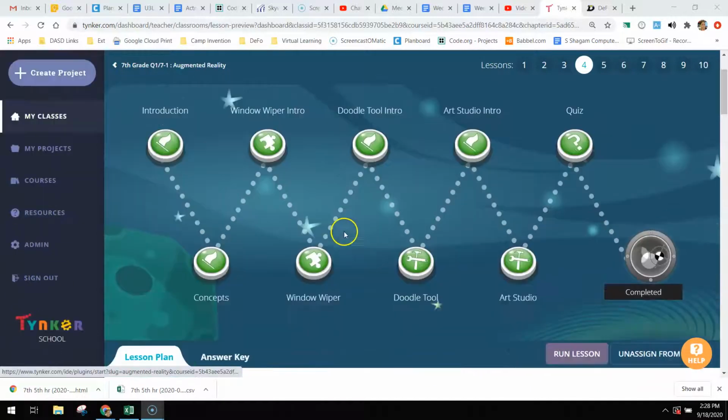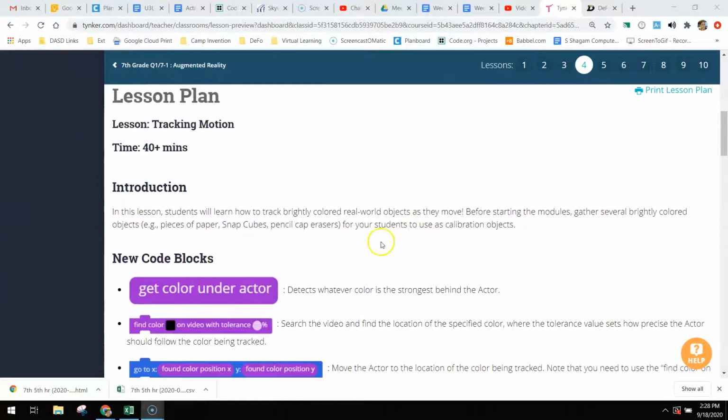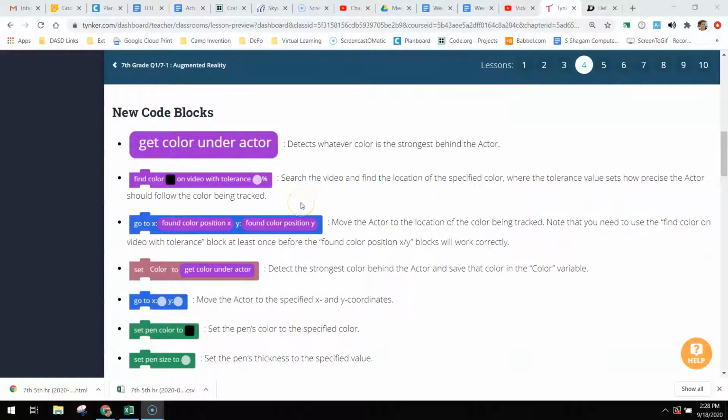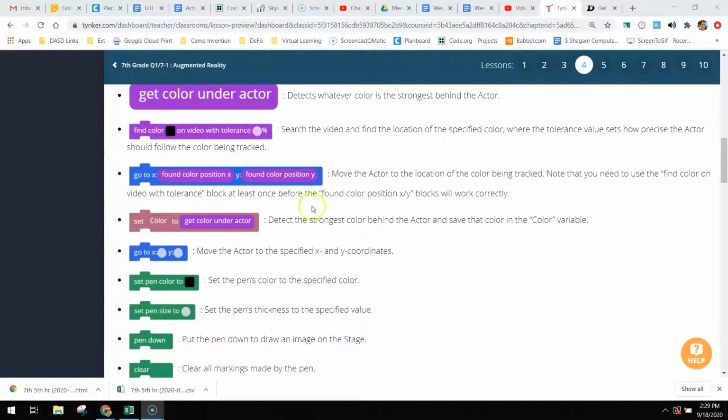Lesson 4, tracking motion. In this lesson, you're going to learn how to track brightly colored objects as they move in the real world on your screen. Some of the blocks that we'll be using: get color under actor, detecting a strongest color behind an actor, finding a specific color on the video within a certain range of the color, going to the X and Y location where that color has been found, setting the color, which is a variable, to whatever color is behind that actor,